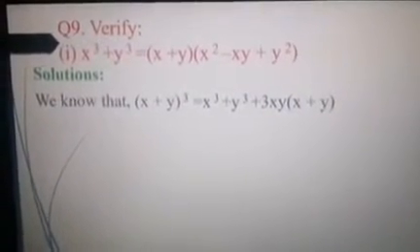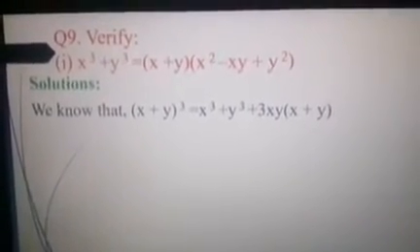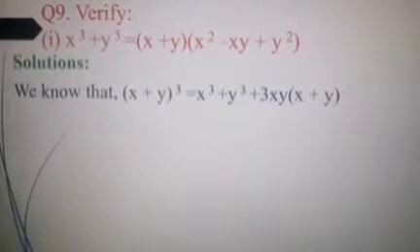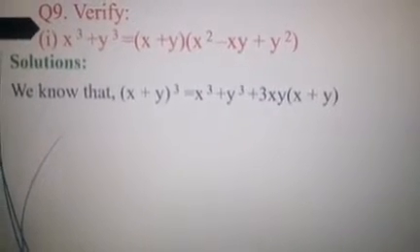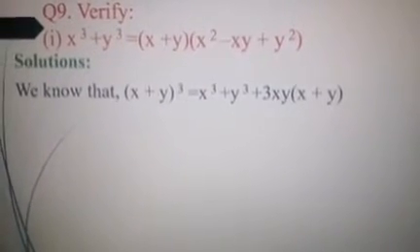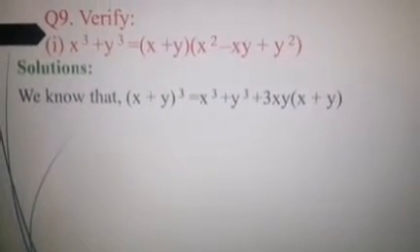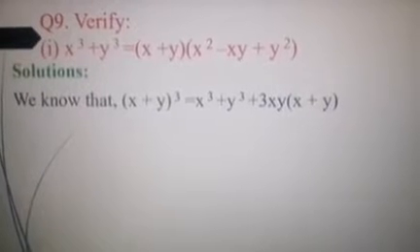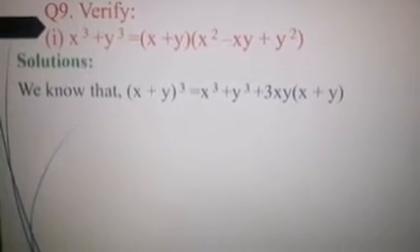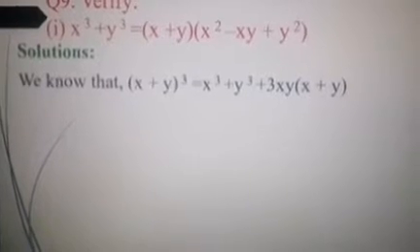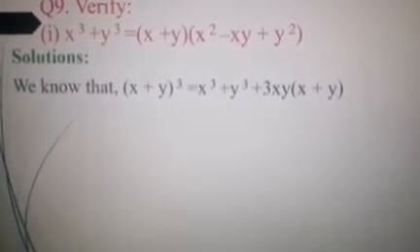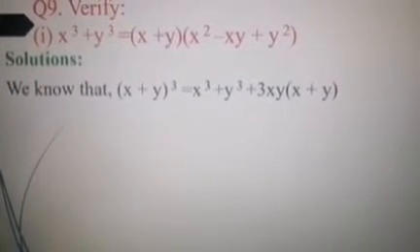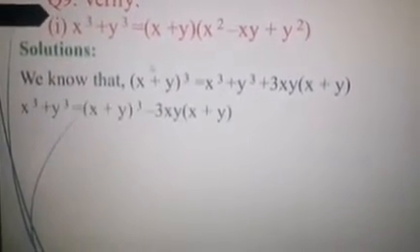So what is x plus y the whole cube? X plus y the whole cube will be equal to x cube plus y cube plus 3xy into x plus y, right? So I'm going to keep that x cube. See, when you look at that verify, always remember, keep one thing, LHS or RHS in one side and shift the other side towards the next. So I want x cube plus y cube for the answer. So I'm going to keep this. Here I have x cube y cube, right? So I'm going to keep this x cube y cube here and the rest I'm going to shift it that side. So what I'm going to get?